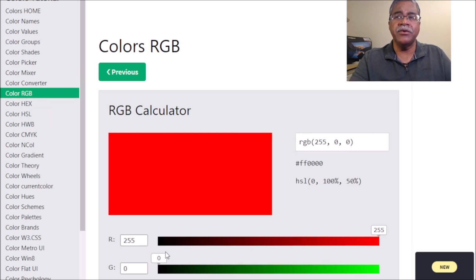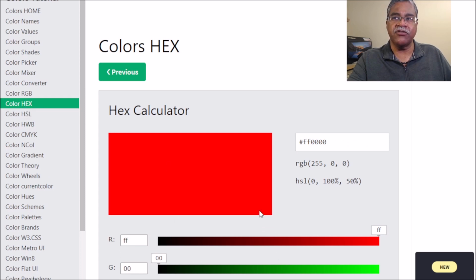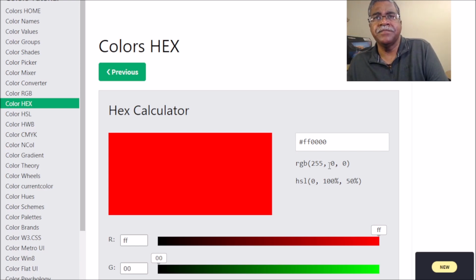So this is the red, green, and blue, and you can change the numbers here, and you can see how those colors also change, and it'll tell you compared to that. So you can actually say, I want to mix and match my colors here. I go here, here, and here, and now it'll tell you what the hexadecimal code is, and you can then include it. So essentially, any color that you can imagine, the hexadecimal code will cover it. Okay, so there are the hexadecimal colors. You can also try that, and it'll give you the corresponding RGB, though you don't really need it. And again, this is a nice little discussion on colors that you should